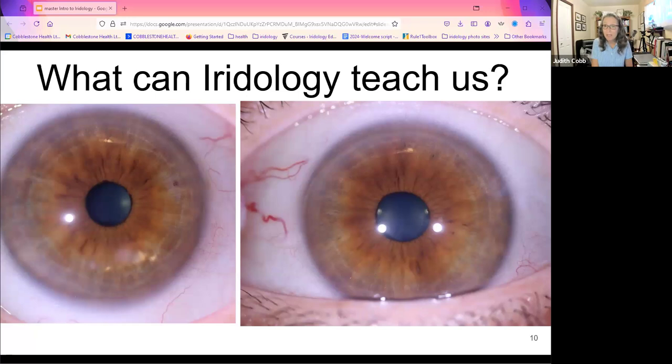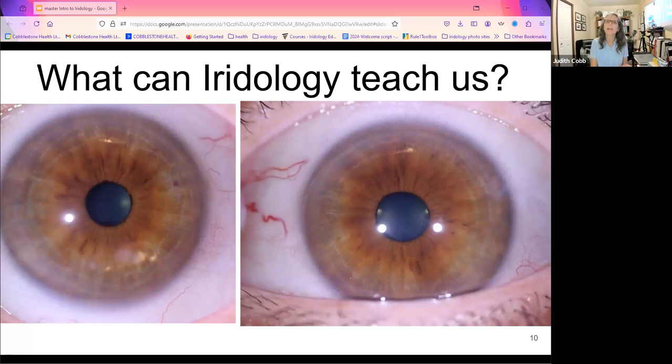I will not say that because the eyes do not tell us that she's toxic. Her symptoms will tell us she's toxic, but not her eyes. I did not say this person needs to cleanse. Her symptoms will tell me that, but not her eyes. I will not say that her eyes look like she has a congested liver, because that's not what the eyes tell us. I will never say these eyes look unhealthy. No one needs to hear that.